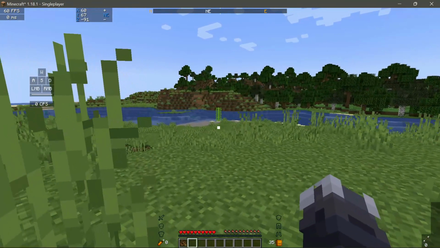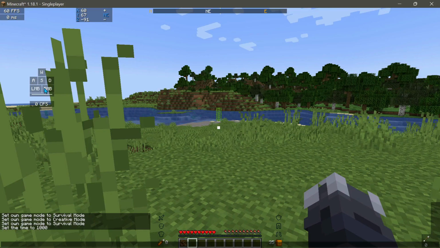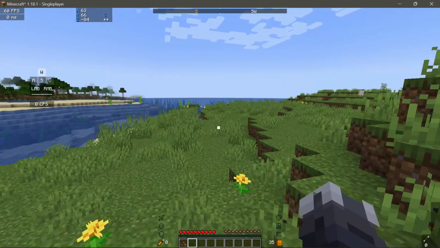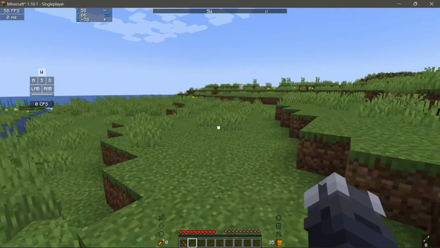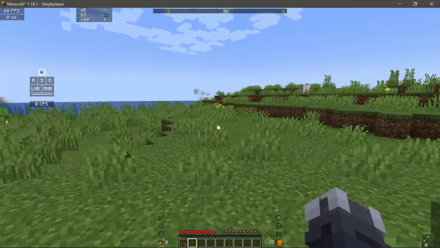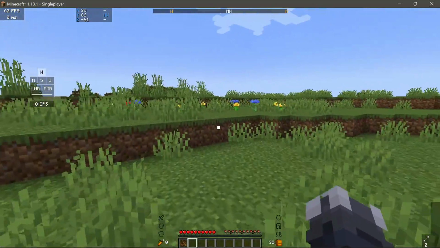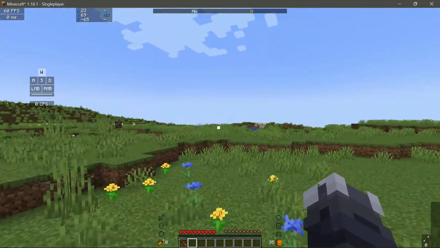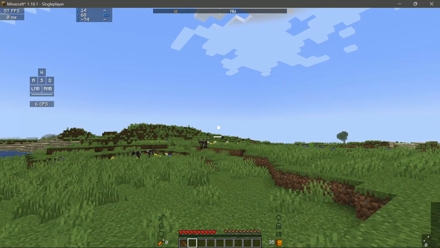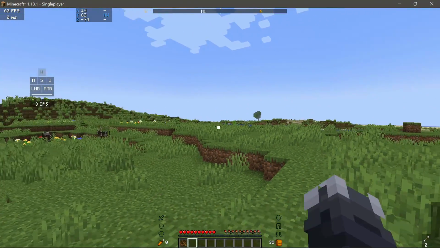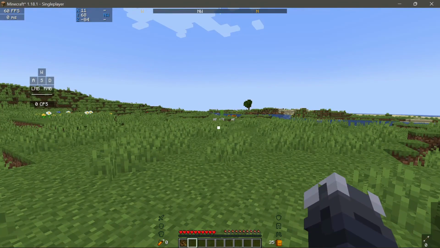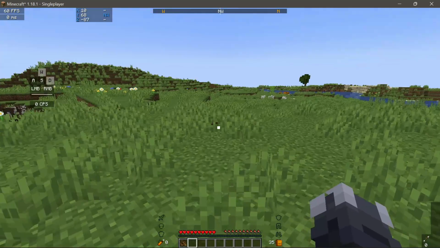So as you guys can see on this section over here, we do have a keystroke mod included with the Cron HUD. So for those of you who are looking for keystrokes mod on Minecraft Java Edition version 1.18.1, then definitely get the Cron HUD mod, because this actually comes with a keystrokes mod already included. It also tells us the CPS as well, so when you click, it tells you how fast you are clicking. It also tells you your FPS, your ping rate, your coordinates, and your armor as well.